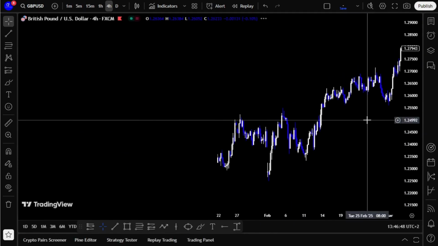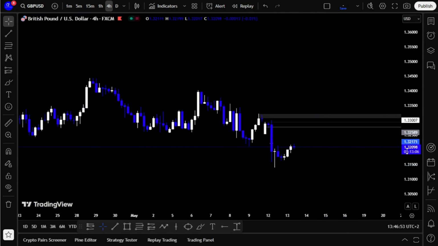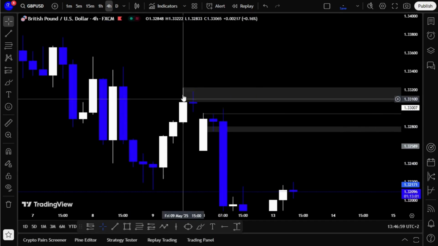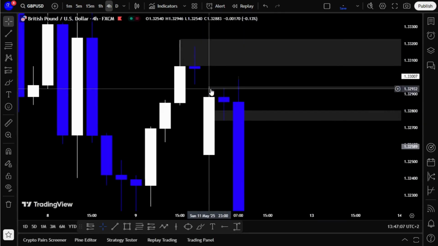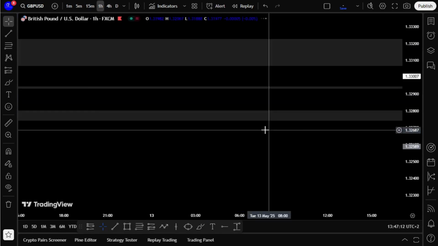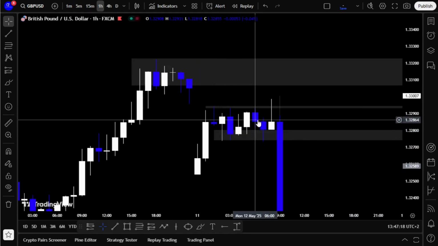So the first thing that I saw was we were bearish on the 4 hour, but on the recent candles, we've pushed up, created a lower high, and we gapped down on market open. Now we haven't closed this gap yet, because I took the trade around here, and we didn't close the gap yet. So I saw this, and I also saw that we were consolidating on the 1 hour,